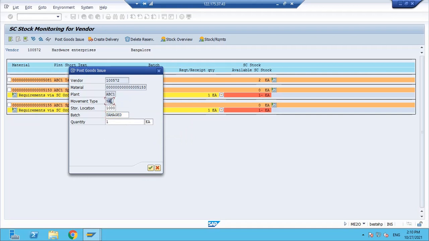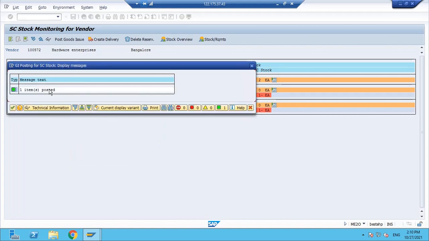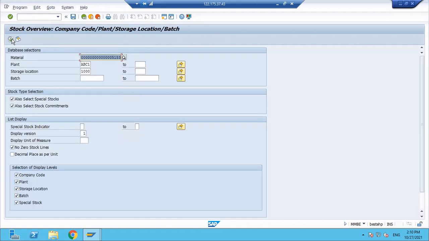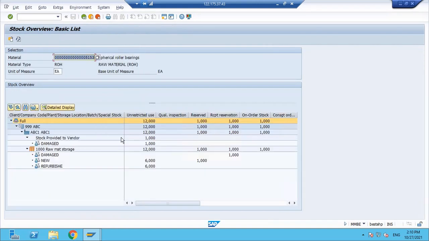The 541 is the movement type with which we will issue the damaged component to the vendor for external refurbishment. Enter, one item posted, enter. So the item got posted. If you go to MMBE, you can see that one item has been updated under stock provided to vendor stock type.